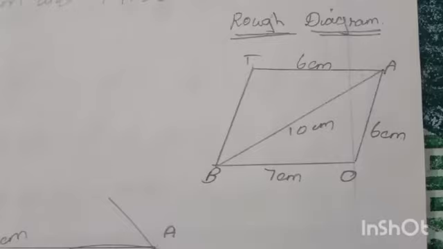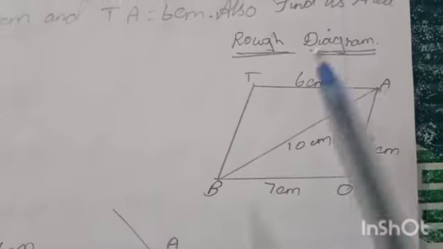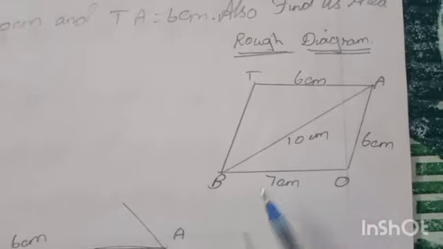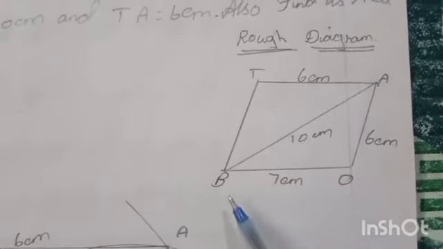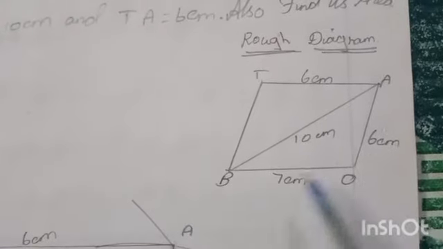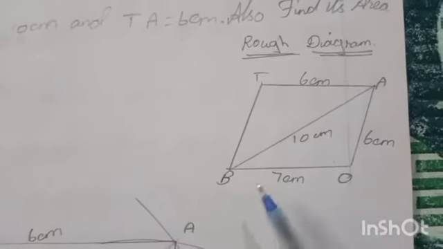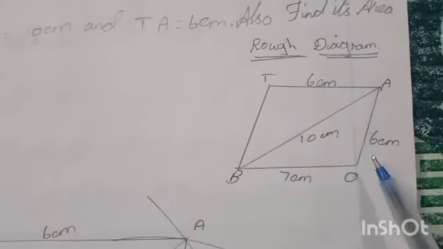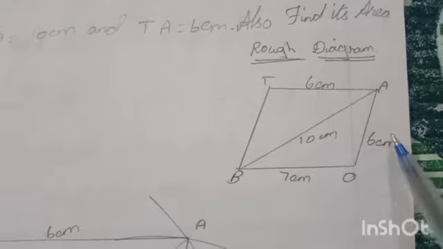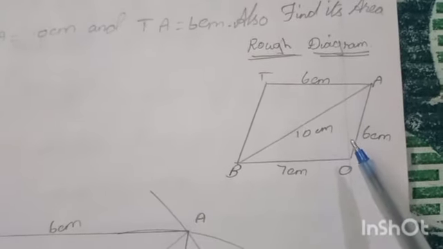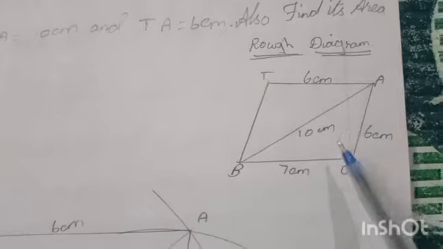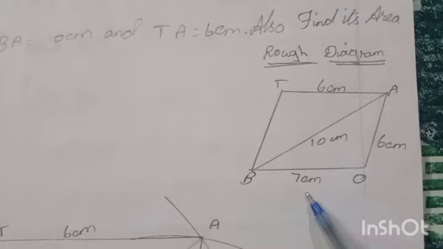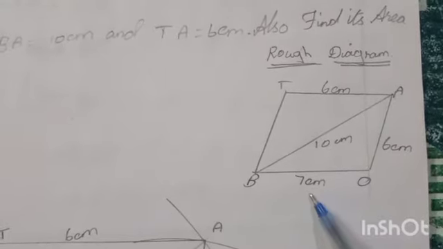For how to draw the rough diagram, give the heading rough diagram. You have to use only pencil on the right hand side. You have to draw one trapezium. This diagram looks like a parallelogram, just you have to draw one trapezium. Trapezium means what? It is enclosed by four line segments. You can draw like this, or as in the book what is mentioned, like that you have to draw. Anyway, we have to draw. This also is considered a trapezium because parallel sides are there. One pair of opposite sides are parallel.